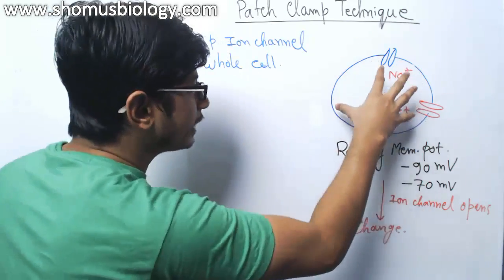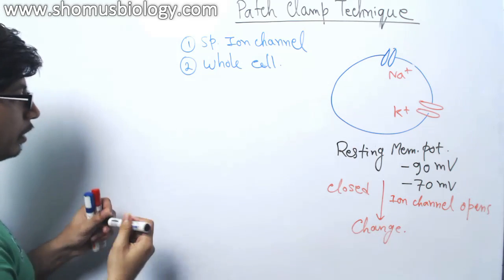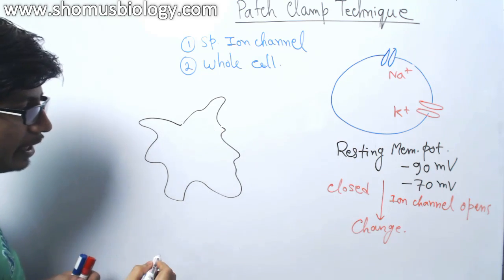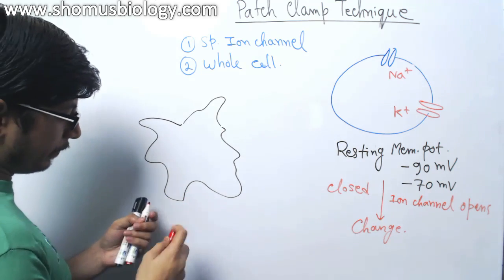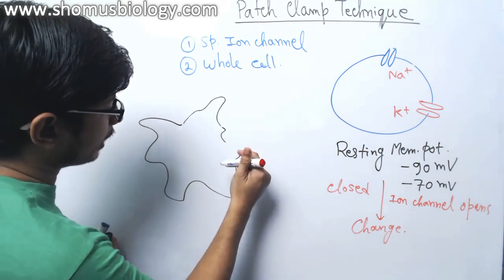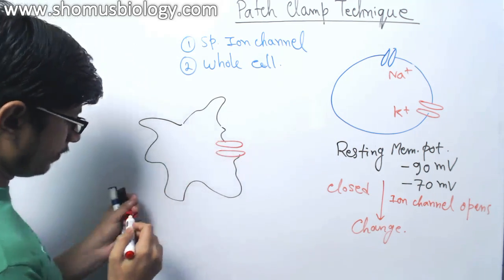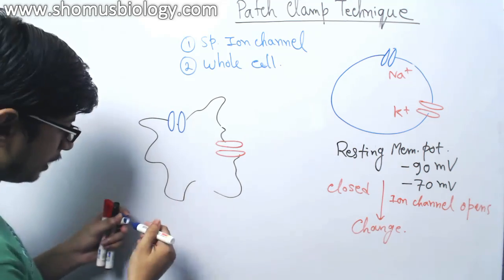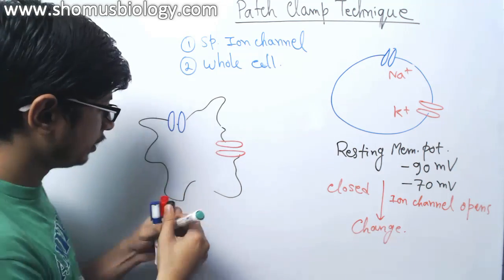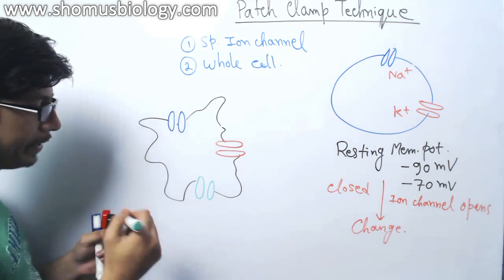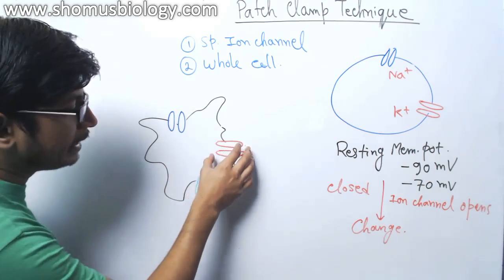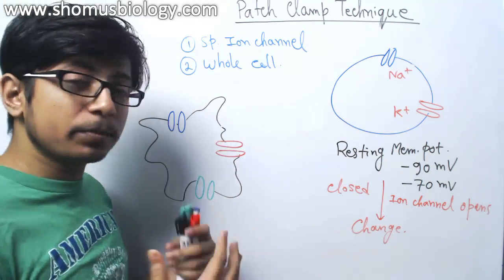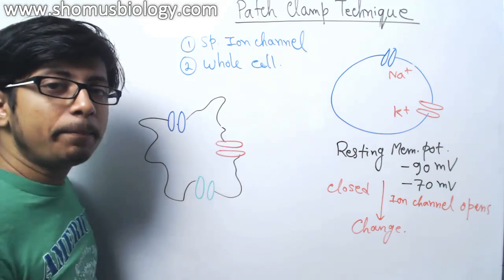Once we find this isolated cell, let's say this is a nerve cell, there are different ion channels embedded. Let's say another ion channel here, and let's draw 3 different ion channels with 3 different colors. They are embedded. Now what we do is find a specific ion channel to tag, but actually it's very difficult to find a specific ion channel. So what we do is simply use a pipette,